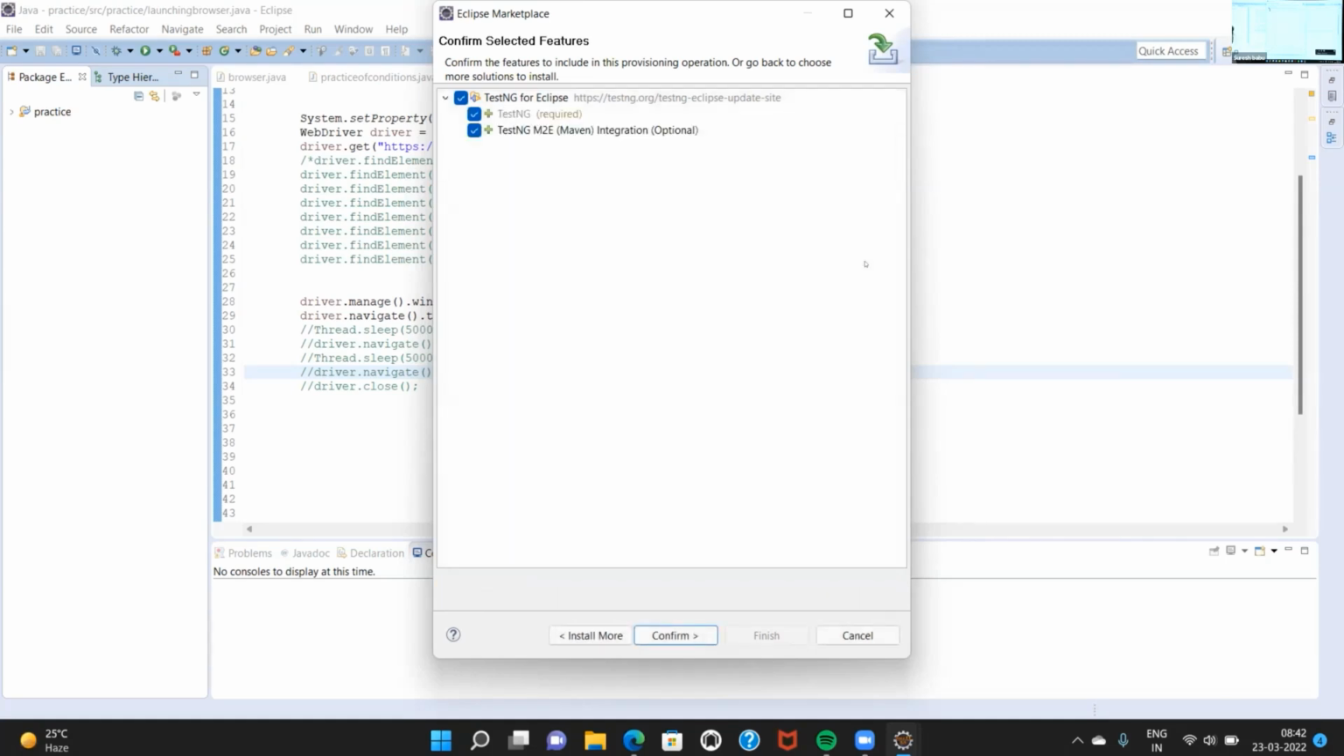Listen, everybody, there are two options here. TestNG, the first one, is required. The second one, TestNG Maven integration, is optional. Anyhow, down the line, we are going to learn even Maven. Maven is used for your resource library dependency management. As of now, we are associating Selenium separately. We can associate other APIs. Instead of associating the APIs every time,